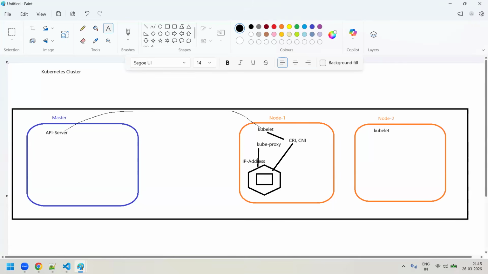Now the question comes: you said, Rajesh, a pod will get created and the pod will get an IP address. Fine. Now the first thing that comes to mind is, why did the concept of a pod come into Kubernetes? Because we know that ultimately your container is the one, guys, which actually runs your application. Here in this case, we consider that you are using Docker as the container technology, and CRI will call Docker, and Docker is going to create a container inside this pod,